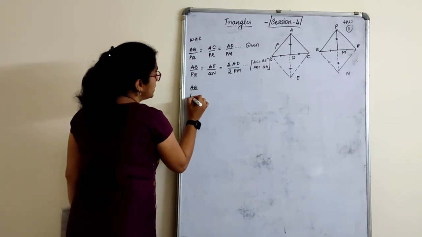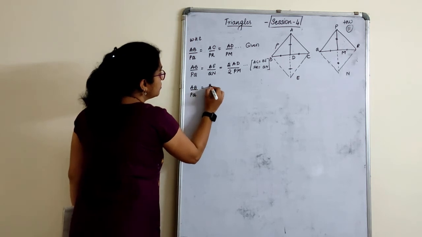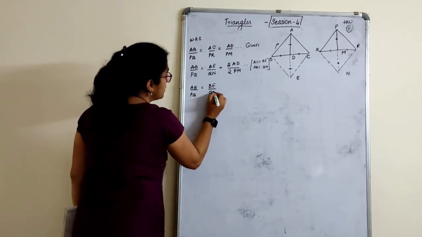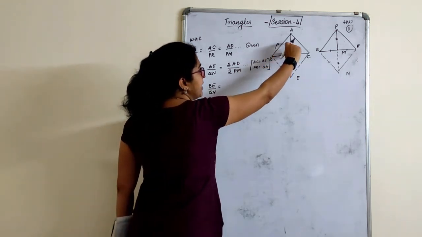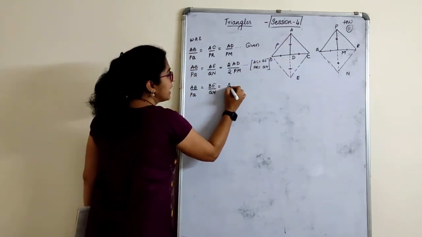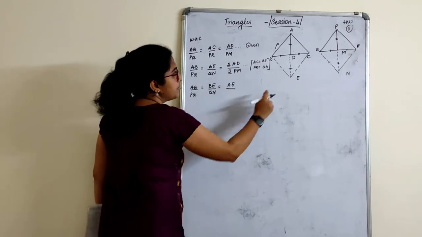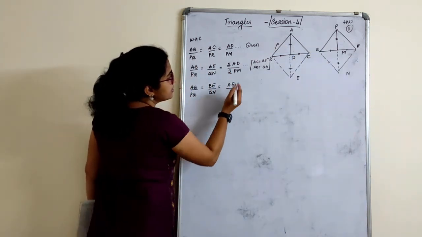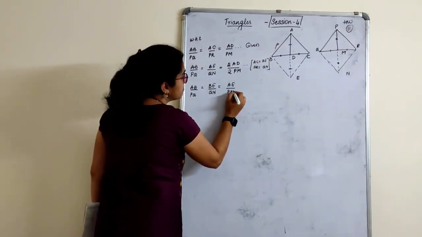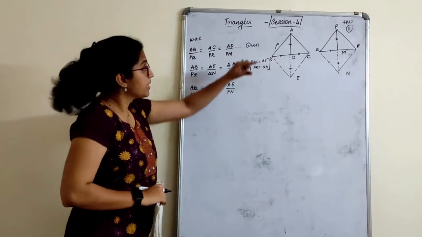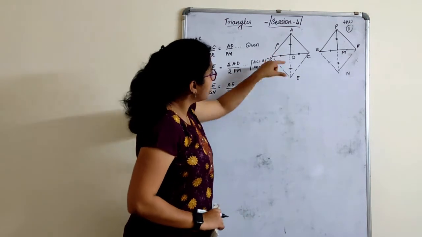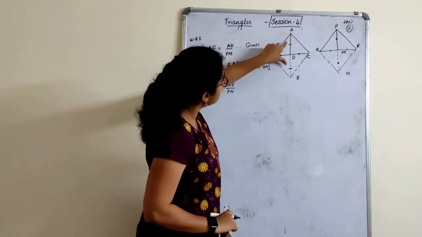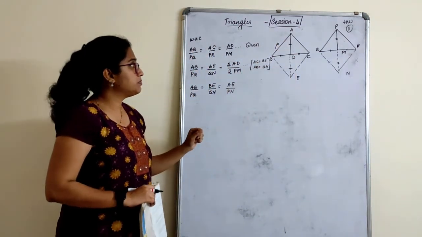AB upon PQ is equal to BE upon QN is equal to, what is 2 times of AD? 2 times of AD is AE, divided by 2 times of PM, which is PN. Right? I proved that this upon this is equal to this upon this is equal to this upon this. That means